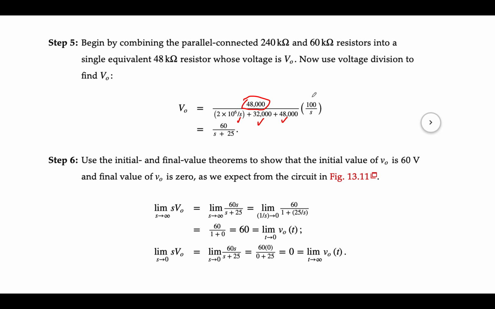And then this 100 over S, that's the voltage source across all 3 in the string. When you simplify that, you end up with 60 over S plus 25. Now, step number 6, where you use initial and final value theorems to show the initial value and final value